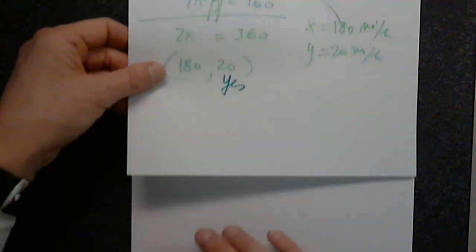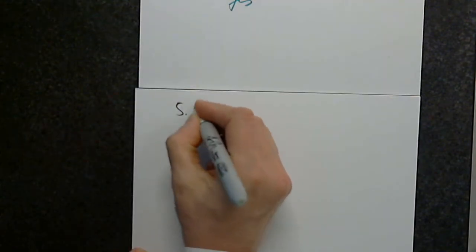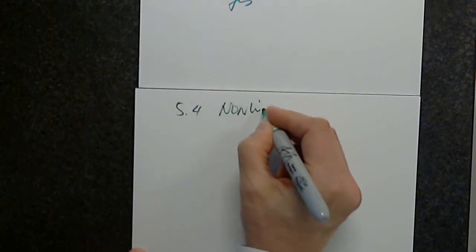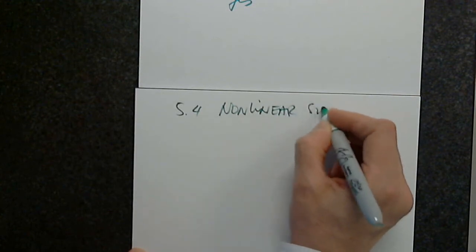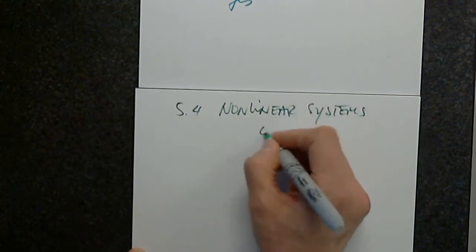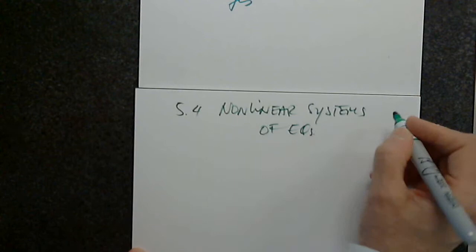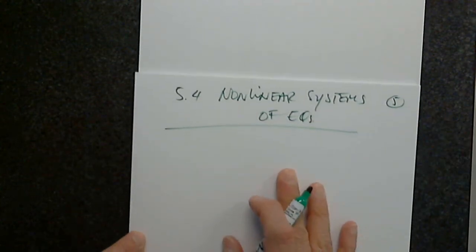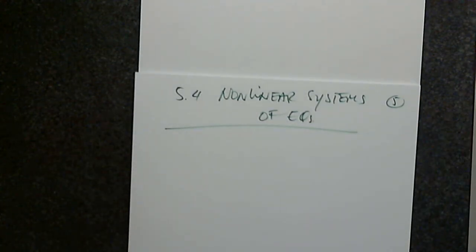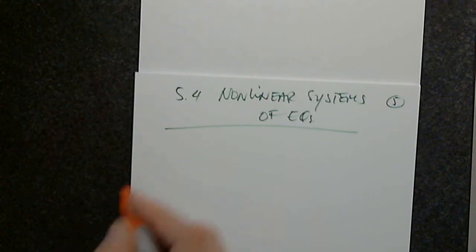Okay. We repeat everything we just discussed, but for nonlinear systems. 5.4, nonlinear systems of equations. This you may have not seen before. Same two methods, substitution, elimination, everything the same, but a little bit more sophisticated systems. On page 587,